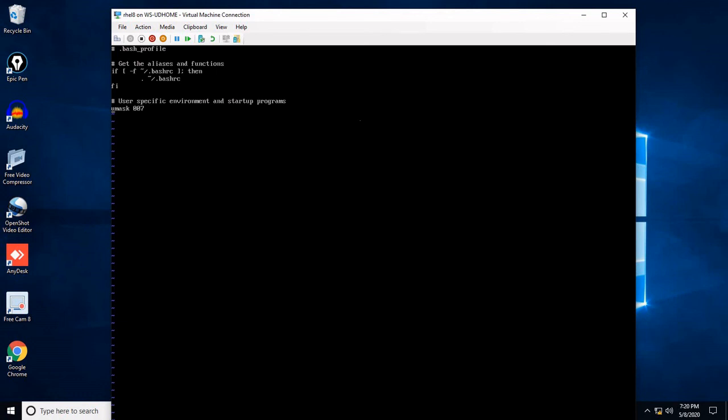For the entire system we can give the umask in /etc/profile, and for individual users you have to log in as that particular user. Then in his profile we have to add the command umask. Then it will be set for that particular user.